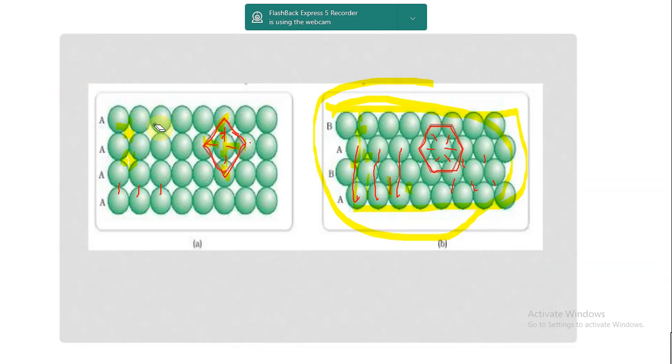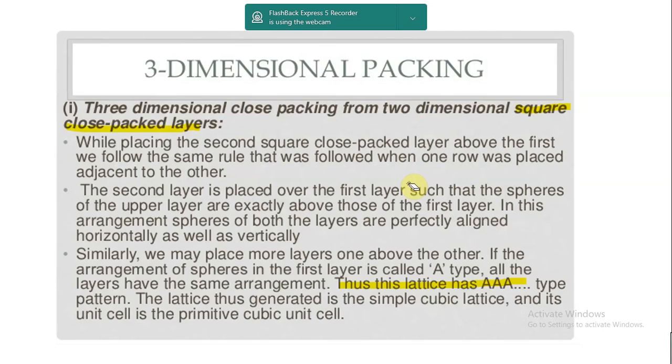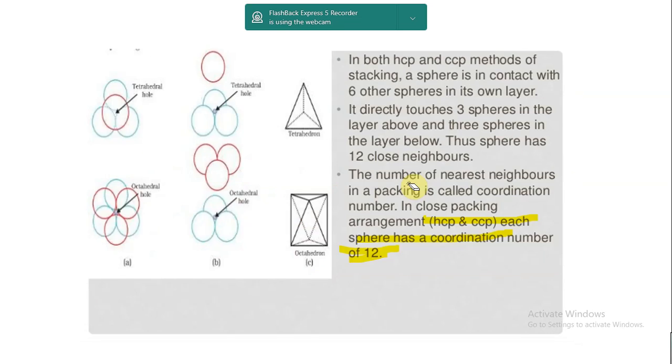Now we just saw that if you see it in 3D, various voids or holes get created in a close packed structure. So which kind of packing will be more efficient? When I say more efficient, I mean in which kind of packing atoms will occupy a large amount of space and very little vacant space will be available. This is what we will be studying as packing efficiency.